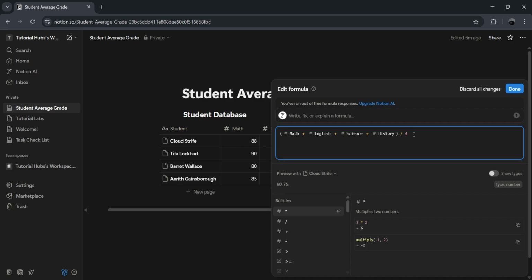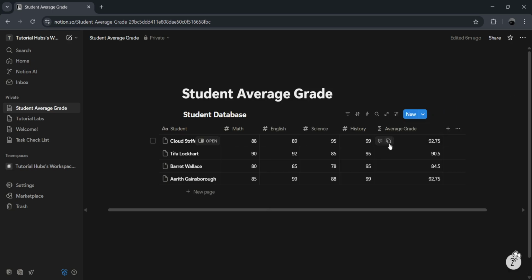Once you've entered your formula, press Done or simply click outside the formula box to save it. Notion will immediately apply this formula to every row in your database, calculating the average automatically for each entry. Take a moment to review your new average grade column and verify that it's calculating the average score correctly for each row. The beauty of this setup is that it updates automatically whenever you change any of the individual subject